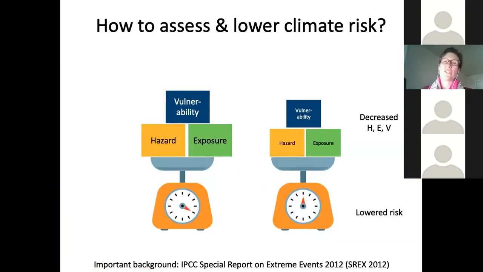The IPCC risk framework shown on the previous slide is a really useful framework to think about how we assess climate risk and vulnerability. There's no set protocol to follow, so assessments depend on a wide variety of data as well as expert judgment of how different parameters relate to each other. Some useful background reading, though, I can recommend is the body of work that has come before, and it starts with the IPCC Special Report on Extreme Events published in 2012. And then there's a lot of other IPCC products that refer back to that and build upon that.